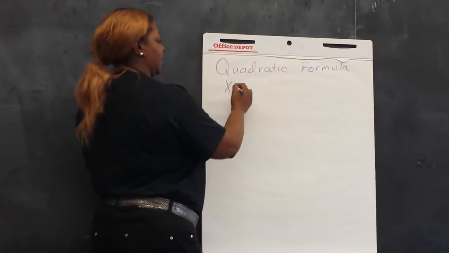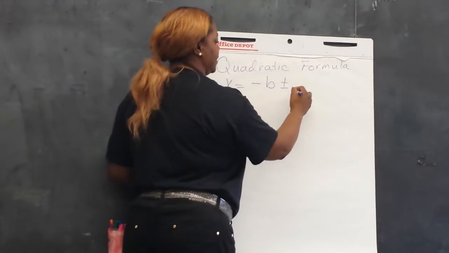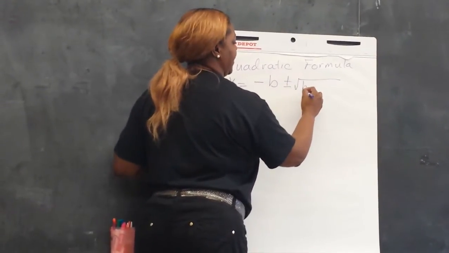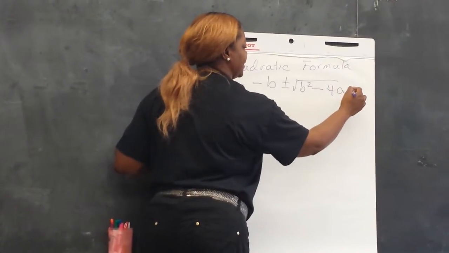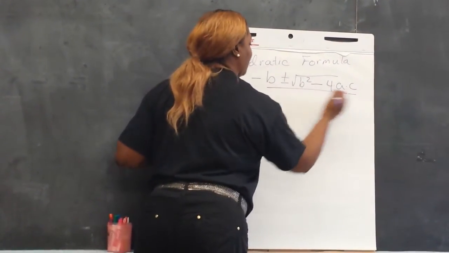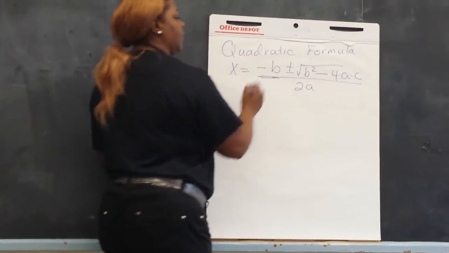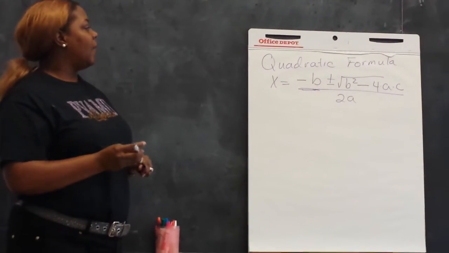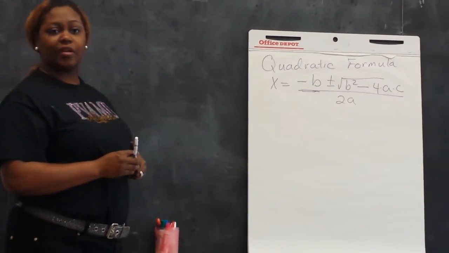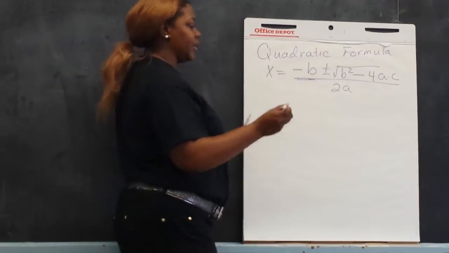The quadratic formula that we're going to be using is x equals negative b plus or minus the square root of b squared minus 4 times a times c, all over 2a. That's the standard form. Okay? The quadratic formula. The standard form, however, of a quadratic equation is